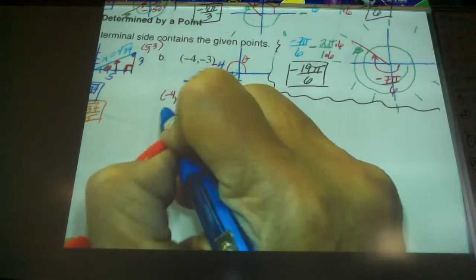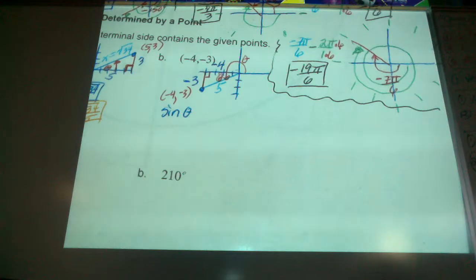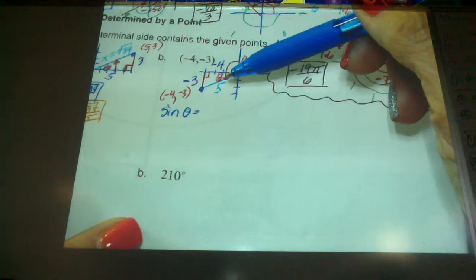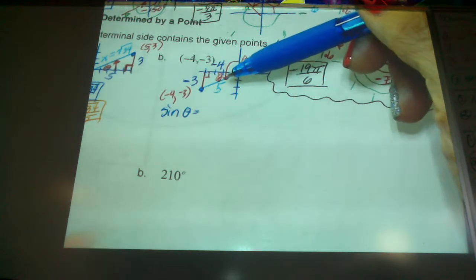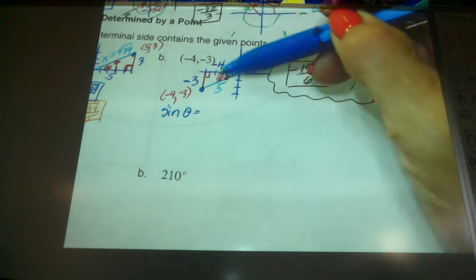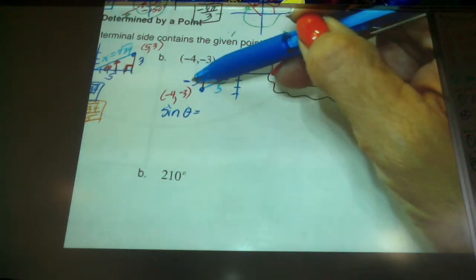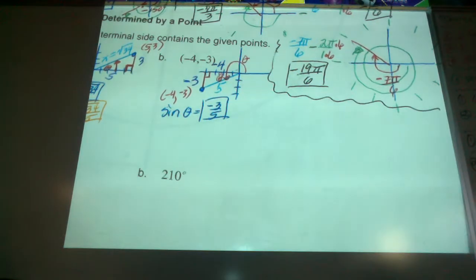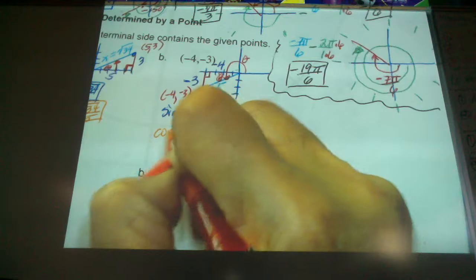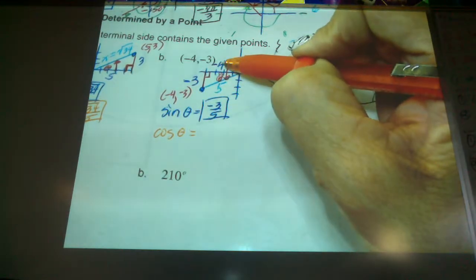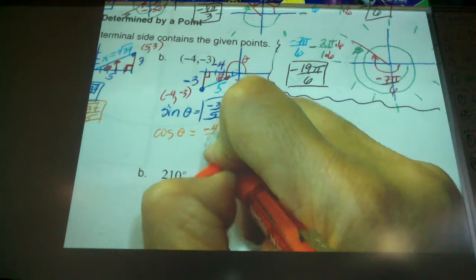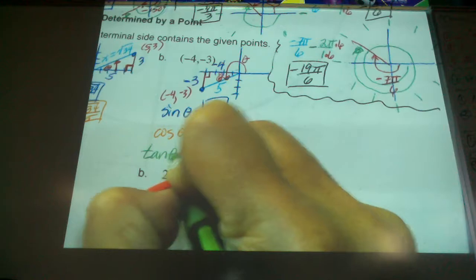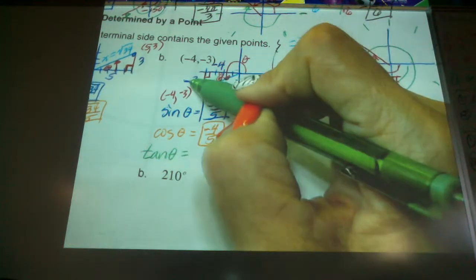So here we go. Sine of theta. Now you have to be careful about your angle of reference because my triangle's a little upside down. If that bothers you, you have to redraw it with the proper sides and signs attached to it. But if this is my angle of reference, opposite is -3, hypotenuse is 5. So I've got -3 over 5. Cosine: adjacent is -4 over +5, so my cosine is negative. But look at my tangent. My tangent is opposite, -3,